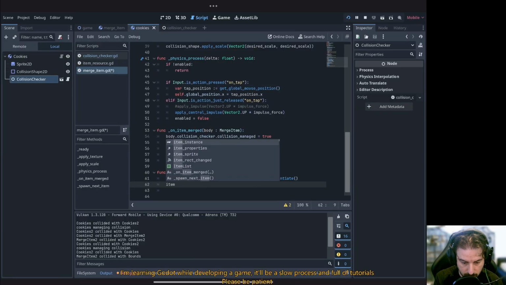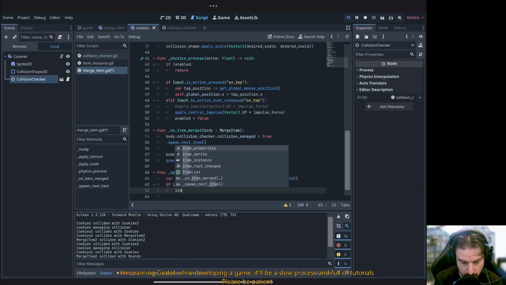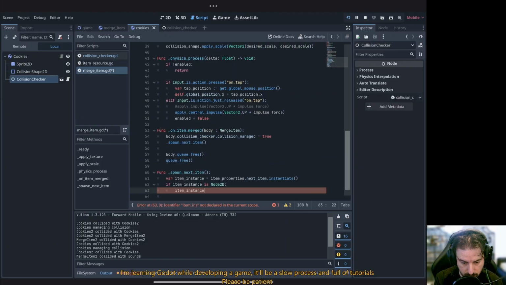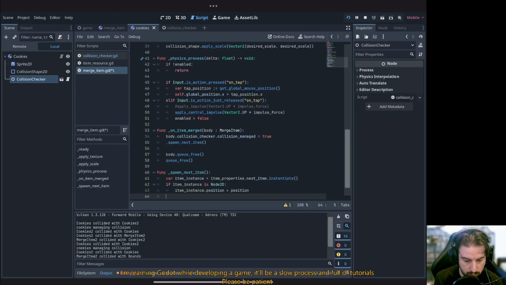I don't think I can use the position yet. Let me see if I can make something like that. Yeah. And then I want to get parent dot add child item instance because I want